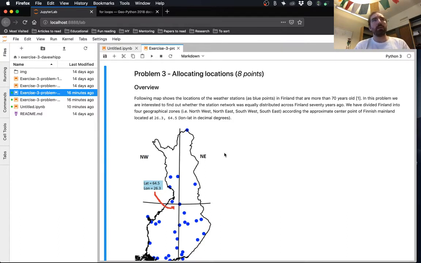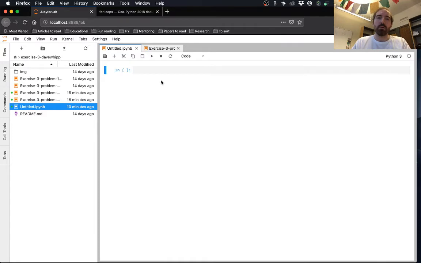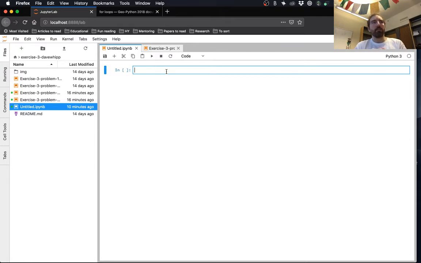So I actually was thinking I could try to make a simple example here before we look at exercise number 3 of some latitudes of different cities in Finland, and then we could go through and do a calculation of how far north or south they are from some arbitrary reference point. So this is not a totally fake example, because you might think of doing something like going through and calculating the deviation of some, I don't know, isotope measurement from some expected value. Find out how far it is away from the expectation.